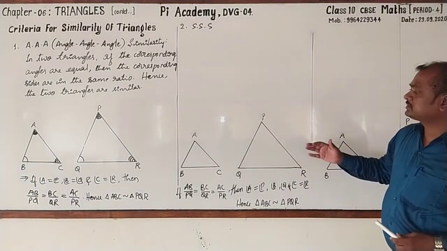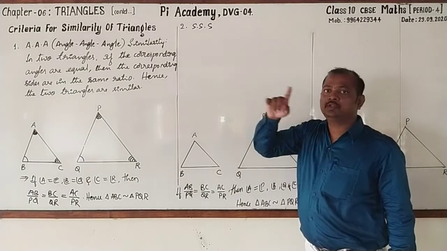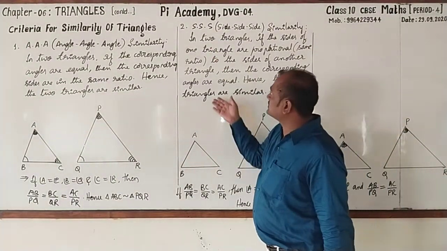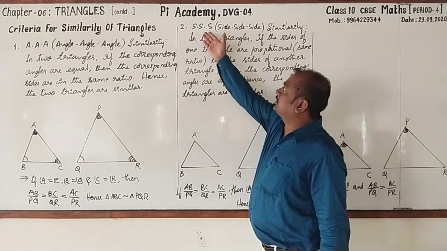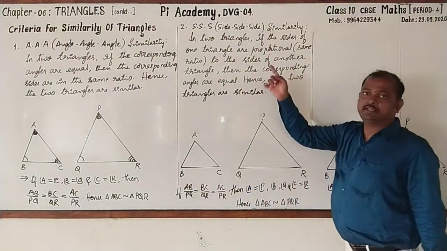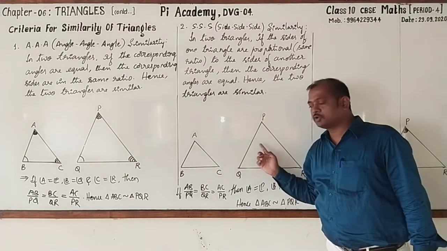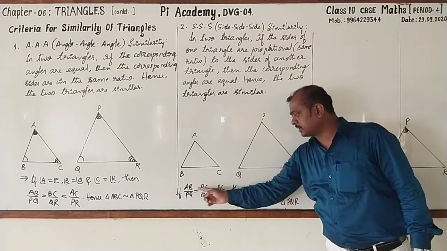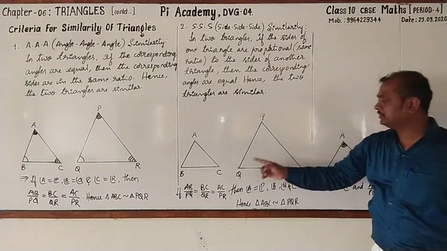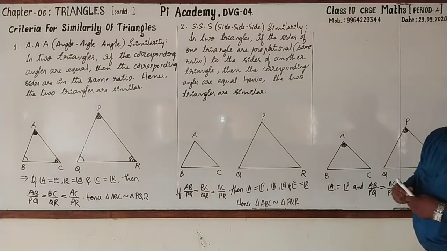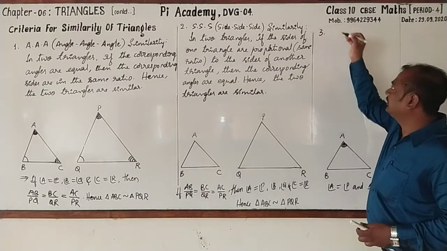Yeah, please go for writing the statement yourself. Yeah, dear students, here I have written the statement down. Second one, that is SSS similarity criterion. Please check what you have written and draw these two geometrical figures. Next, after that, write the statement in the symbolic form. And now, let's move on to the third similarity criterion.